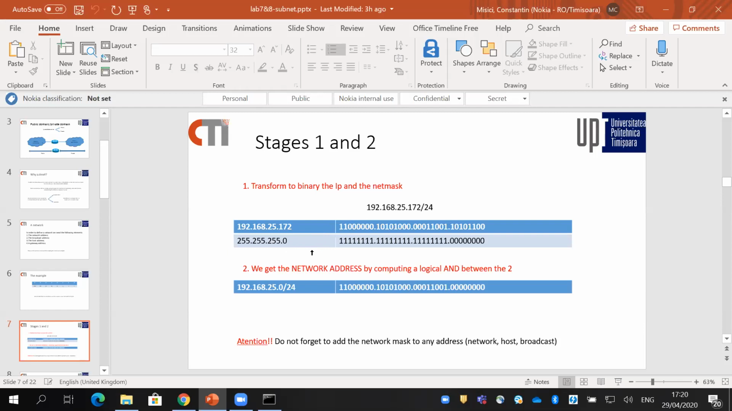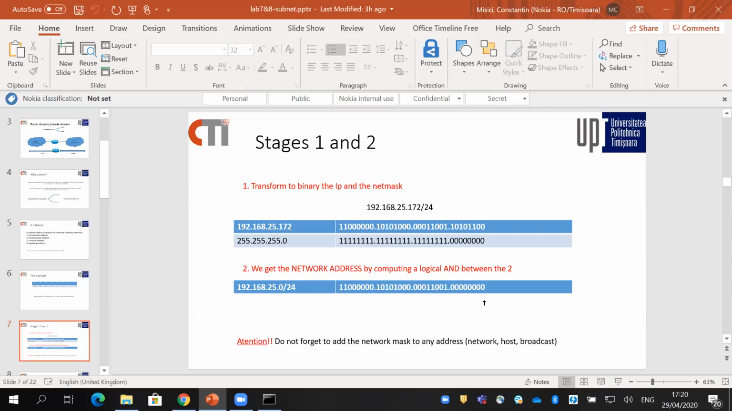Can anyone remember the truth value of the AND operation for 2 bits? Yes, it's true only for 1 and 1, and otherwise it's 0, so false. Bingo! So when we do this particular operation, we'll see that the first 3 octets, or the first 3 bytes, are the same because we do a logical AND with a 1, and the rest is passed on